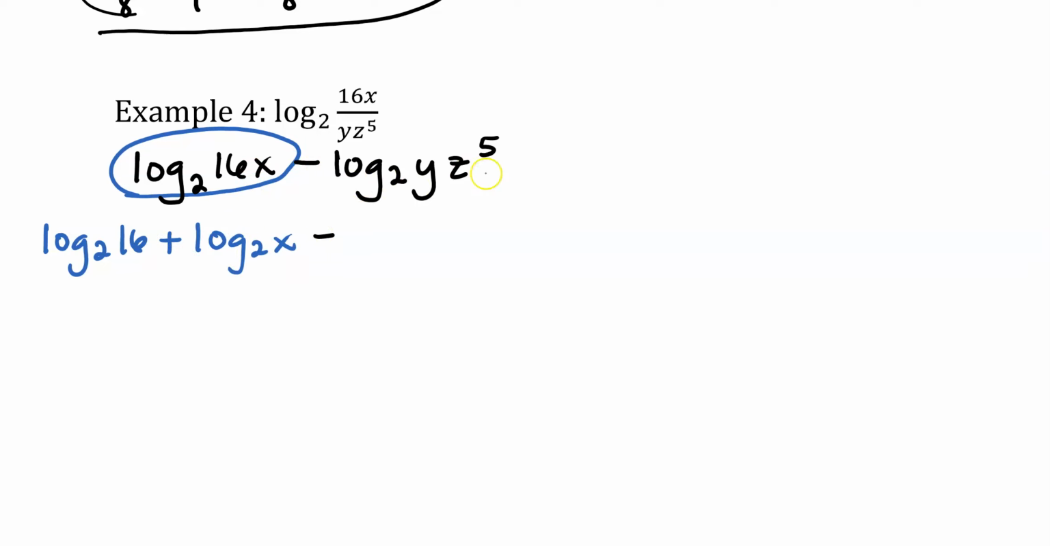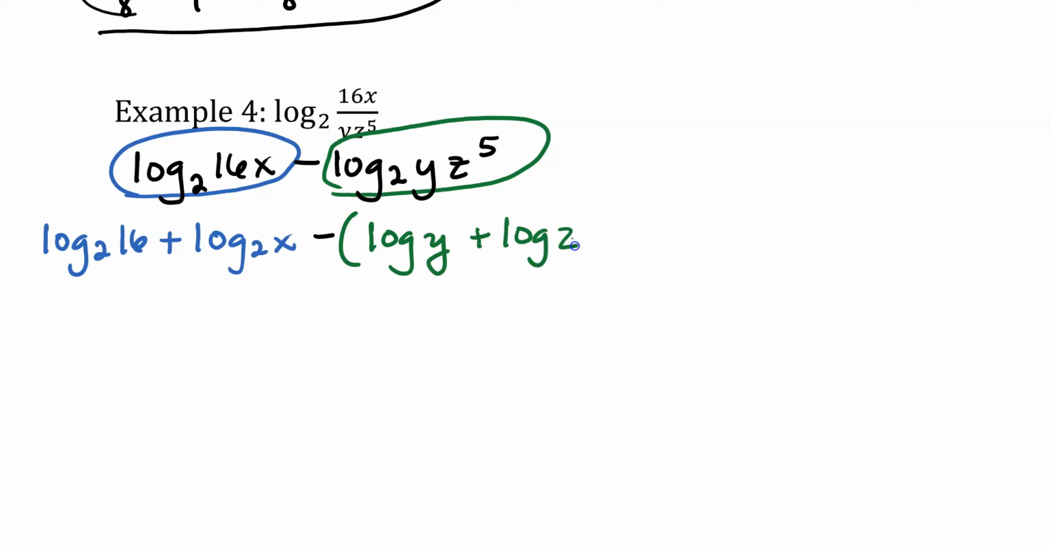We'll also be using the product rule in the second logarithm because we have the product of y and z to the 5th. Remember, we cannot use the power rule on that z to the 5th because the 5th is only applied to the z. It's not applied to the y as well. So we'll begin by separating this using the product rule. And it's important here again to use parentheses because you will have to distribute that negative to both of these logarithms. Continuing to simplify, log base 2 of 16 is equal to 4